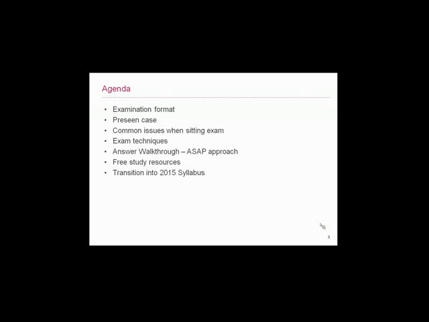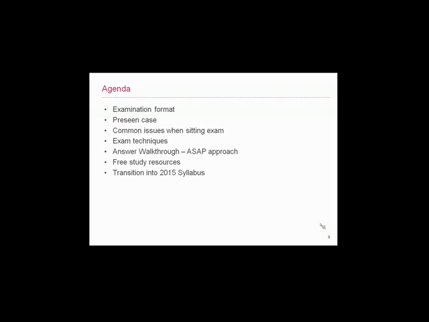So this is what we're going to look at today. We're going to look at the examination format, and part of the Preseen. I won't go into huge detail, but the slides will point out some of the rationale behind the Preseen and some suggestions on how to prepare for it. We're going to look at some common issues when sitting the examination. I'm assuming most of you would have done some CIMA examinations or even tried the strategic level before already. So why are some people not able to pass, and what are the common issues causing problems? We're going to spend a lot of time on exam techniques and how we can mitigate these issues,